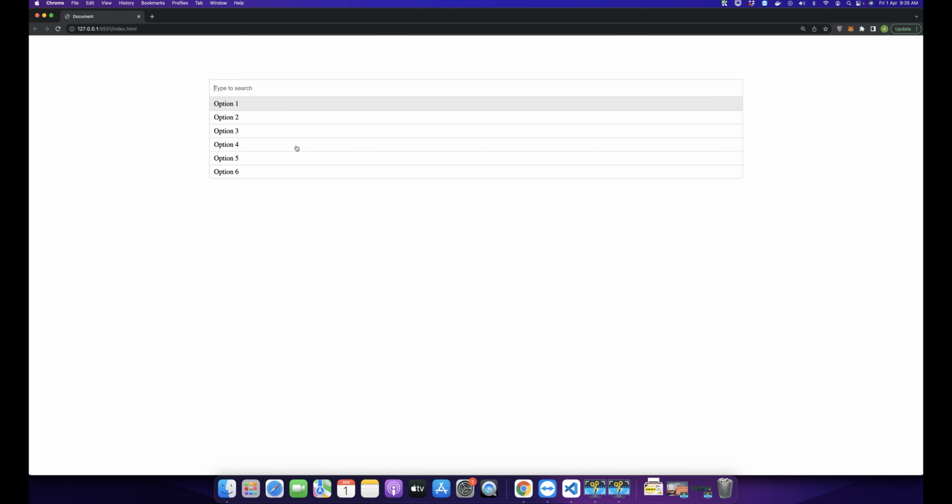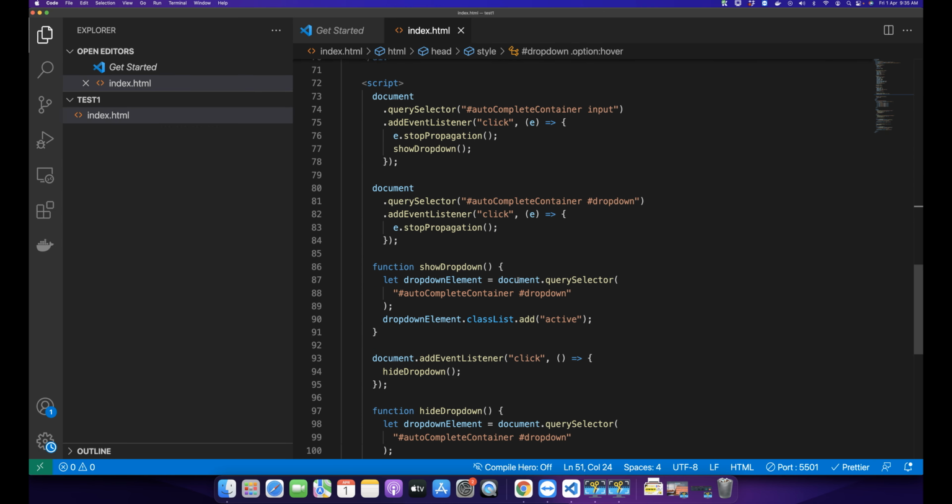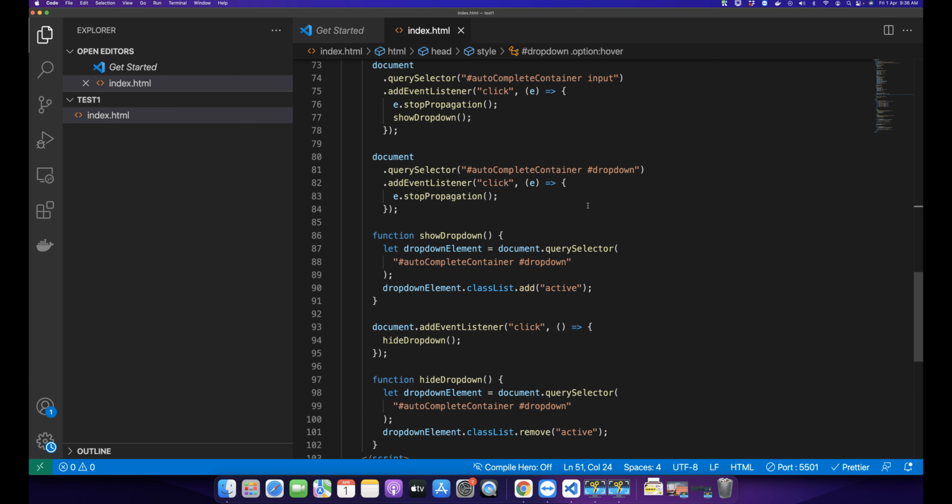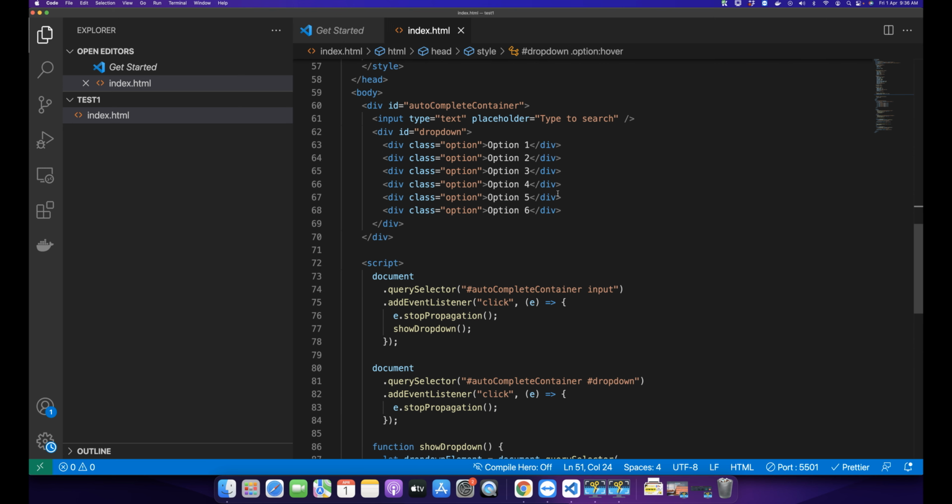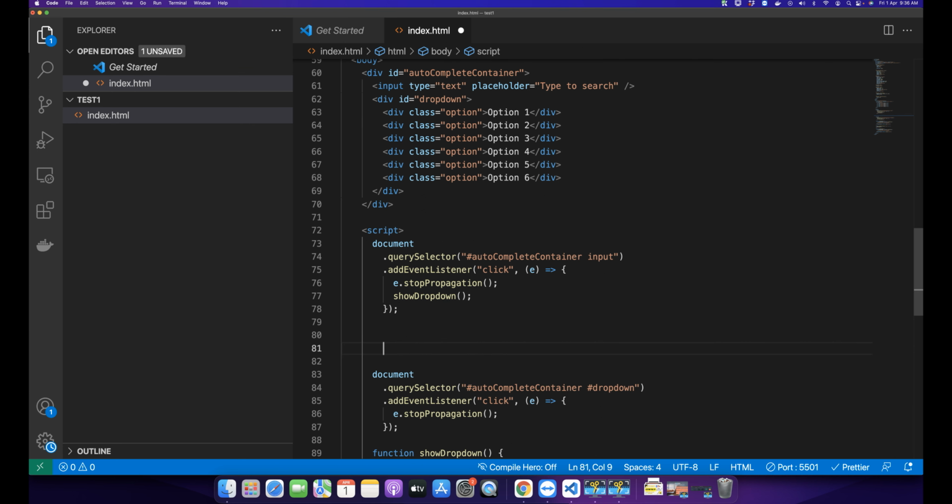I think it's better. So next thing I want to do is that if user clicks on any option, then that option should be added in the input text. The value should be equal to the option that we clicked on. So for that, we need to register another event. But before, let's do that first. So we need to add another click event on every option. So to register an event on every option, we have to create a loop on the array of the